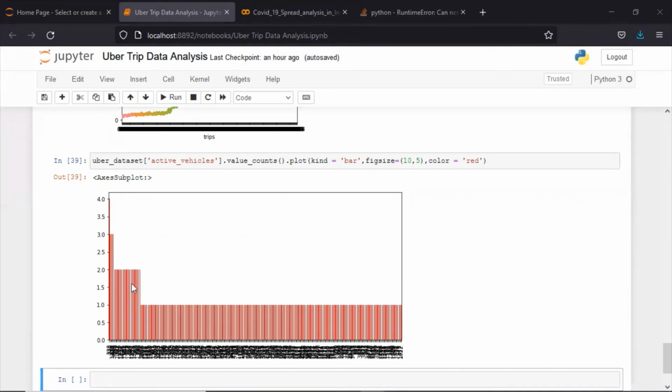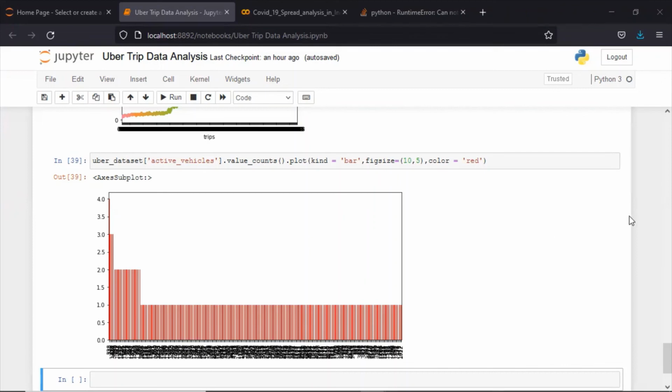It's a bar graph. The data values are very near to each other, like 0.0, 0.5, 10, and that's why the bars are very narrow. If there were a gap or separation in the data, then it would be a wide column or a wide bar, but here we have a narrow bar.